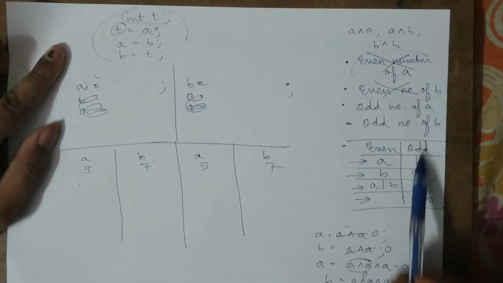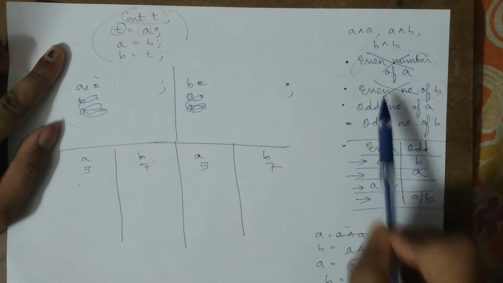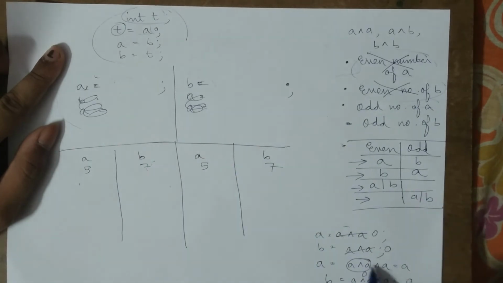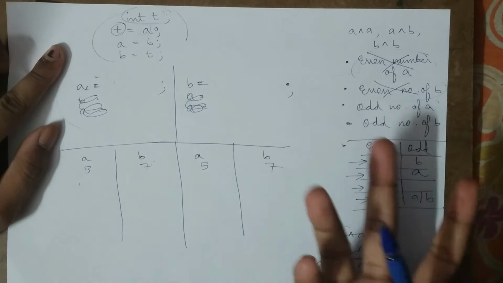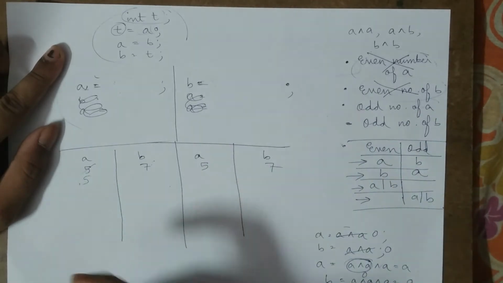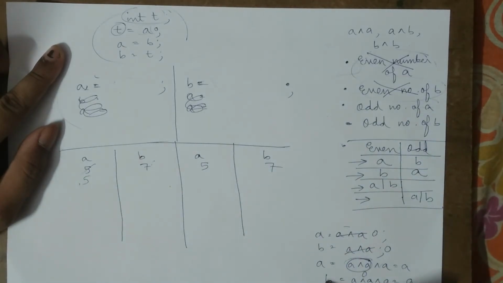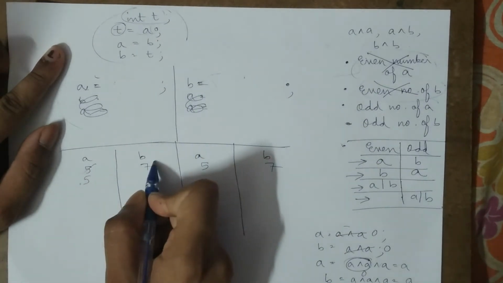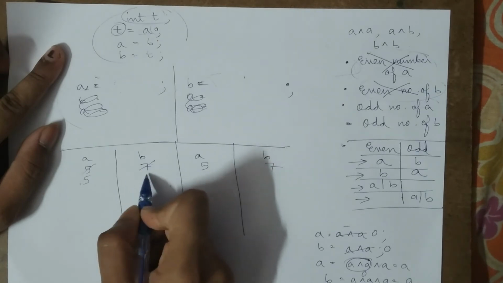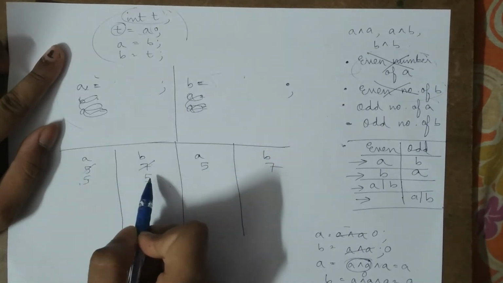Now for writing A an odd number of times, I wrote A XOR A XOR A, and these two A's were cancelled out. So I was left only with A, but there is no use if I write 5 and then again write 5. So now what am I doing? I will write on this part of the code A XOR A. If B is equal to 5 over here, which means 7 will be cut down and we will write over 5, and A is 5 and B is also 5.